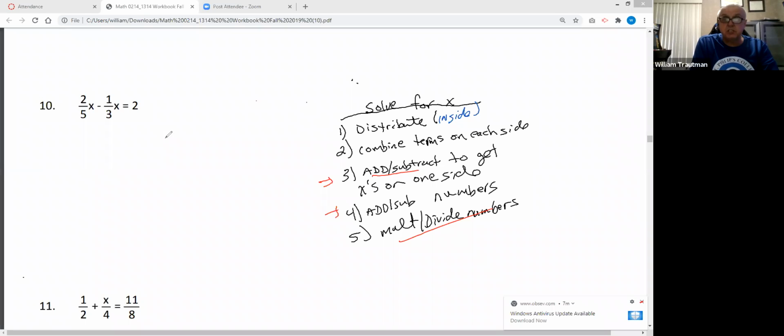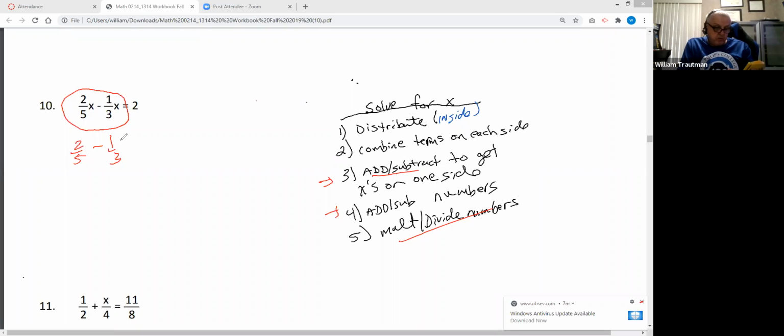Question 10, distribute. There are no parentheses, just a number multiplying. Combine like terms. On this side, we have x's minus x's. On our calculator, we have to put 2/5 minus 1/3. We're adding the x's together, but you can't put the x's on the calculator, so we're just adding the numbers together. 2/5 minus 1/3. On my calculator, fraction